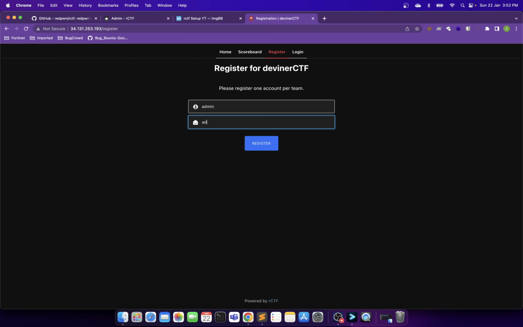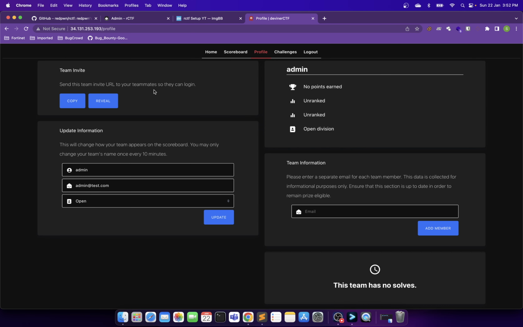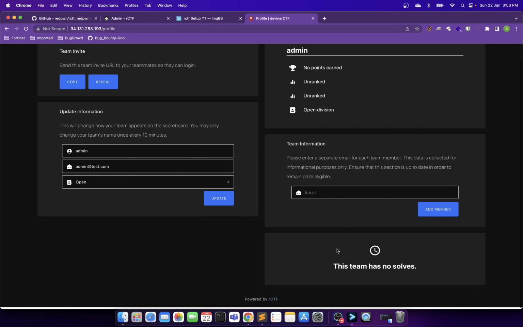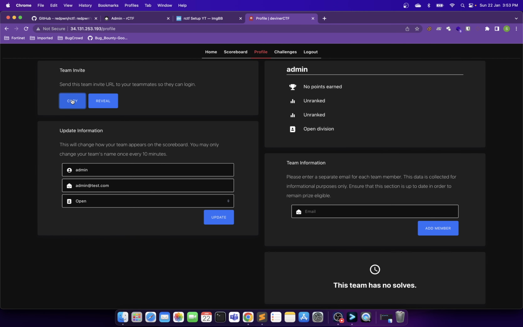For now, let us keep it admin at test.com. Now, if you register, you can actually use this particular interface, and you can see the user information as well. And for now, just copy the team invite